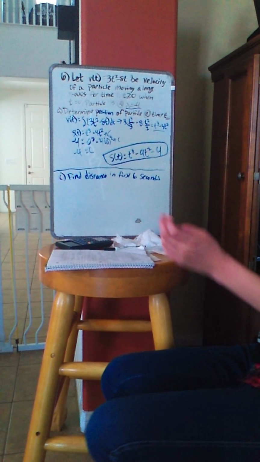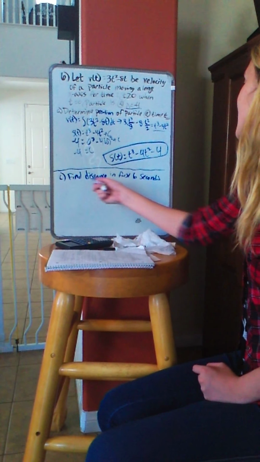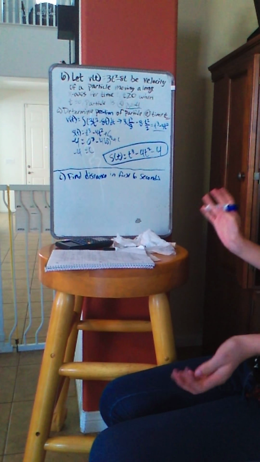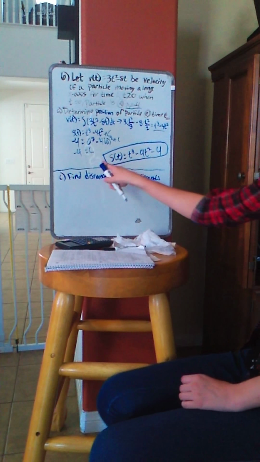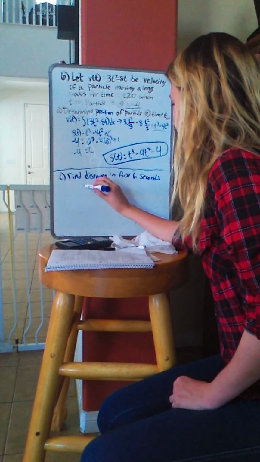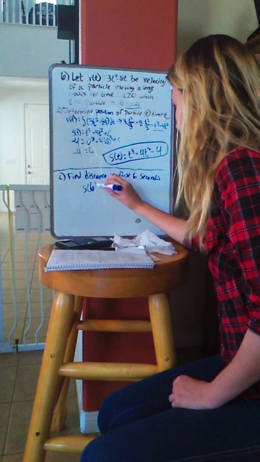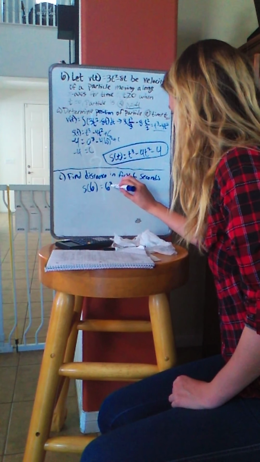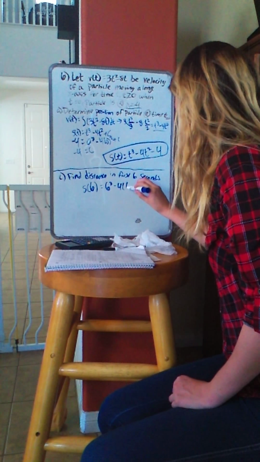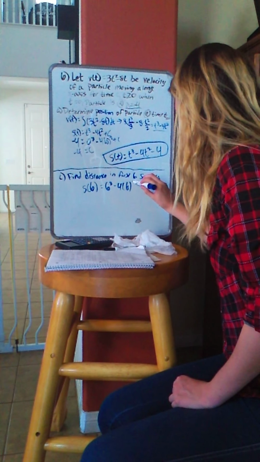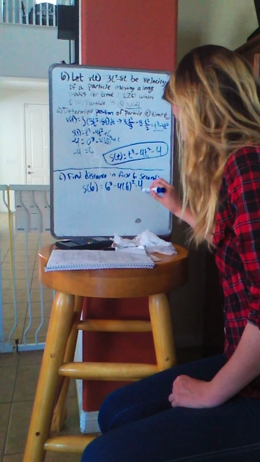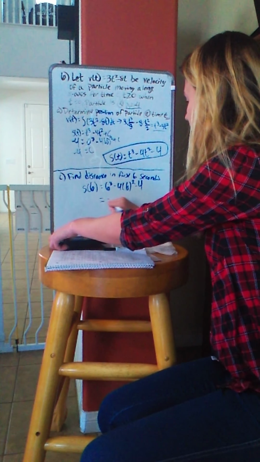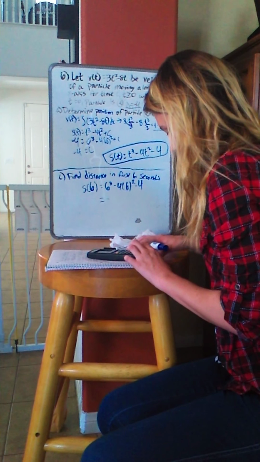That's the position. And then for part c, find the distance in the first 6 seconds. Simple. All you're going to do is plug in 6 into s(t). So it's going to be s(6) equals 6 cubed minus 4 times 6 squared minus 4, which, let me check my handy dandy calculator here. That's going to be